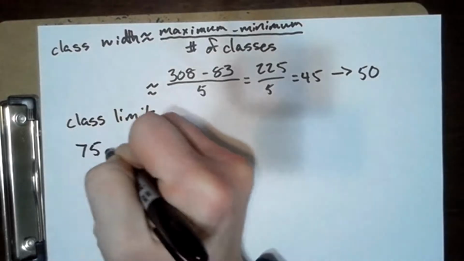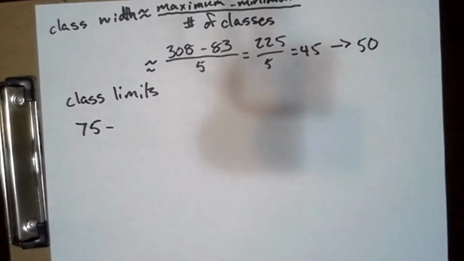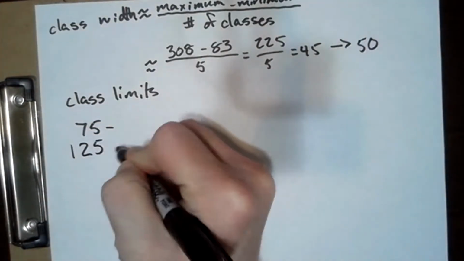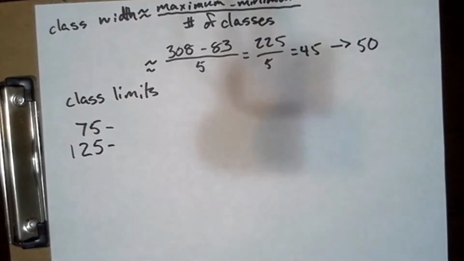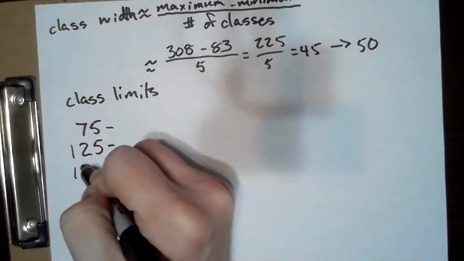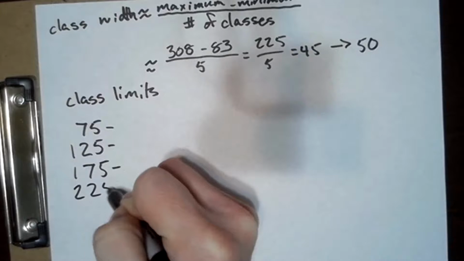I'll figure out what my upper class limits will be later, but I know my width. So I'm just going to add the class width to each of these limits to find the next class limit. For the second class, 75 plus 50 is 125. 125 plus 50 is 175, 225,